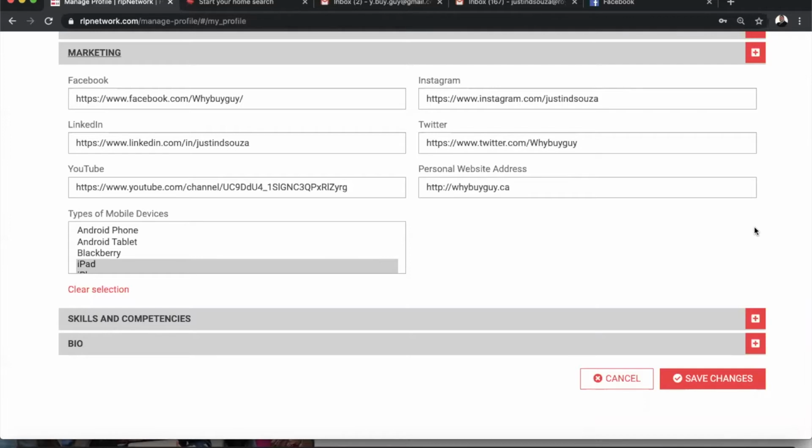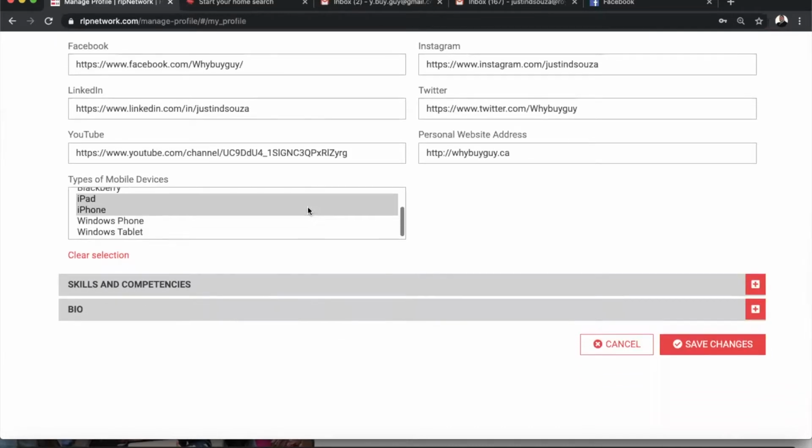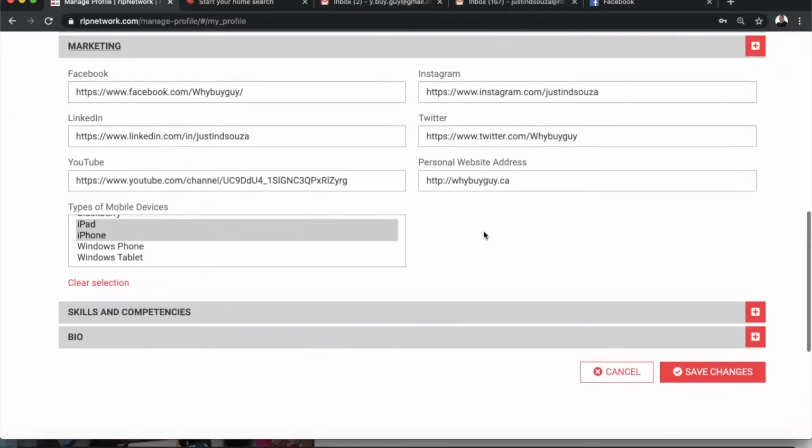You don't have to memorize anything. Okay, and then types of mobile devices, these are the types of mobile devices that you use. I haven't seen why this is of value, but if you want, you can select here. But the real big part here is to put your social media marketing and any other personal website you have in here. Okay, and of course you click on Save Changes, and then you go to the next,